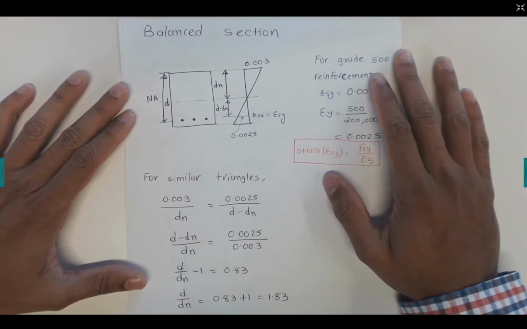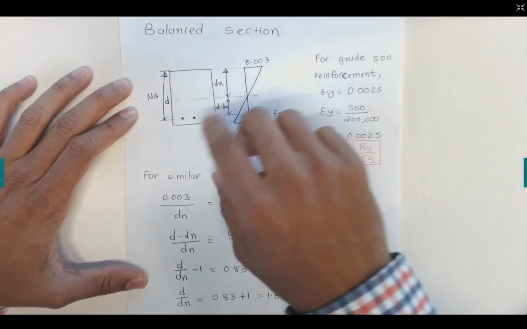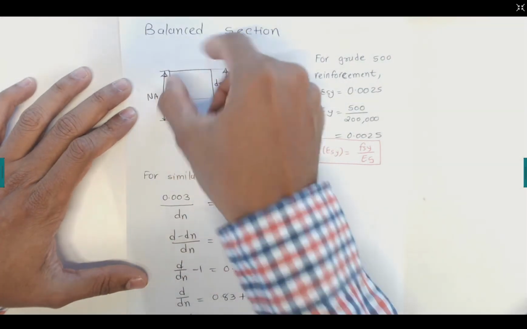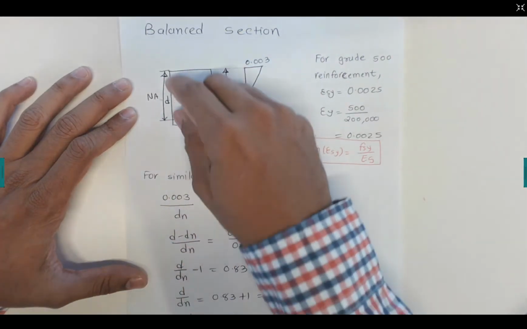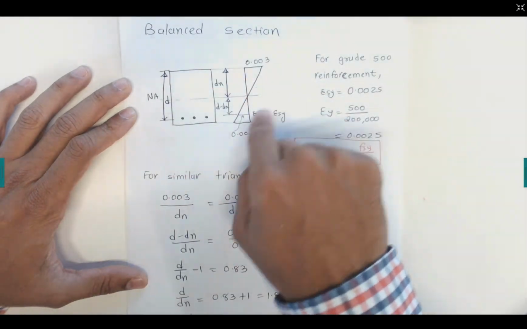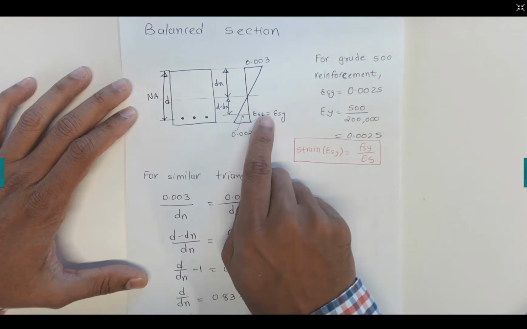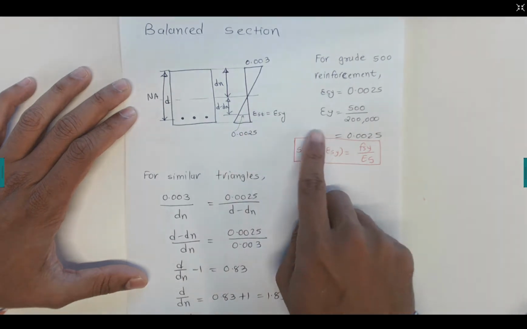This video explains the concept of balanced sections. Take the typical beam cross section, D by D. Now the reinforcement is at a distance of small d. So if the strain distribution is drawn here, which is 0.03 concrete strain, and yield strain is 0.025, the calculation